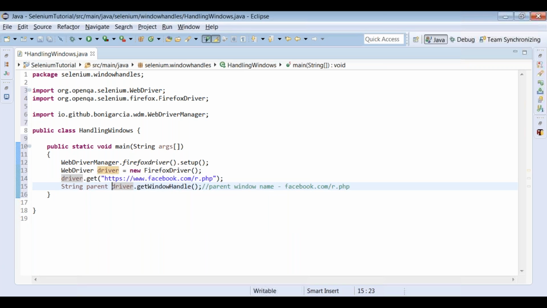For a meaningful variable name we have to provide, because parent is a very meaningful word here. Just put parent because it means this is the parent window. And also you can even try to print the title of the parent window, right? Say string title equal to parent window title,